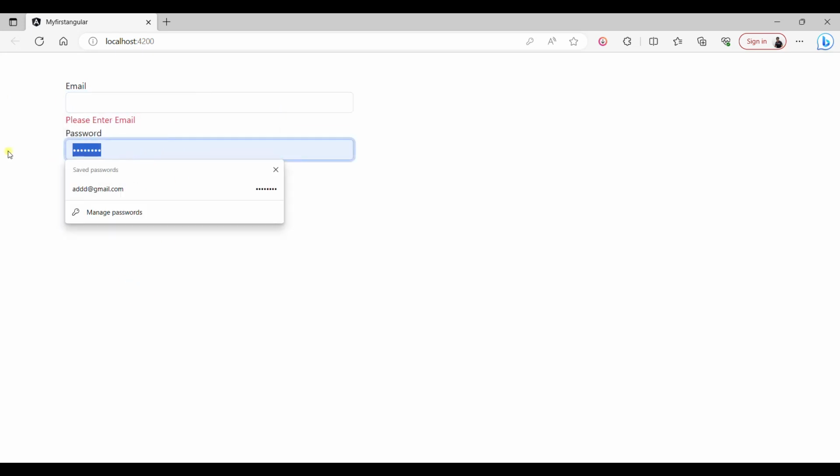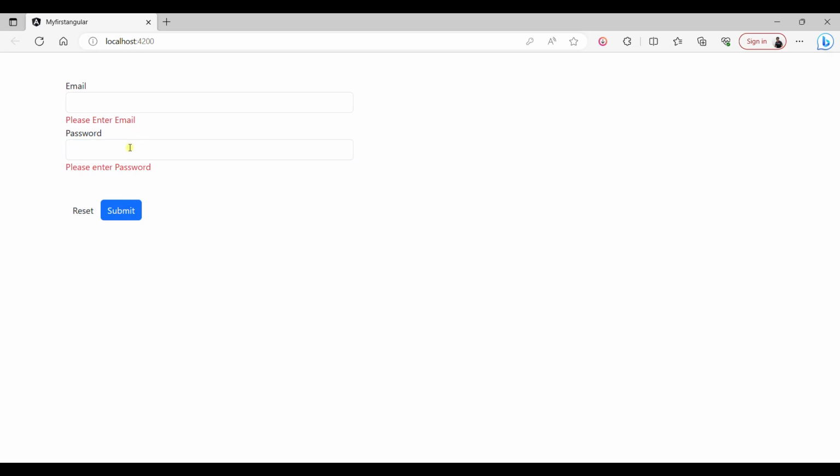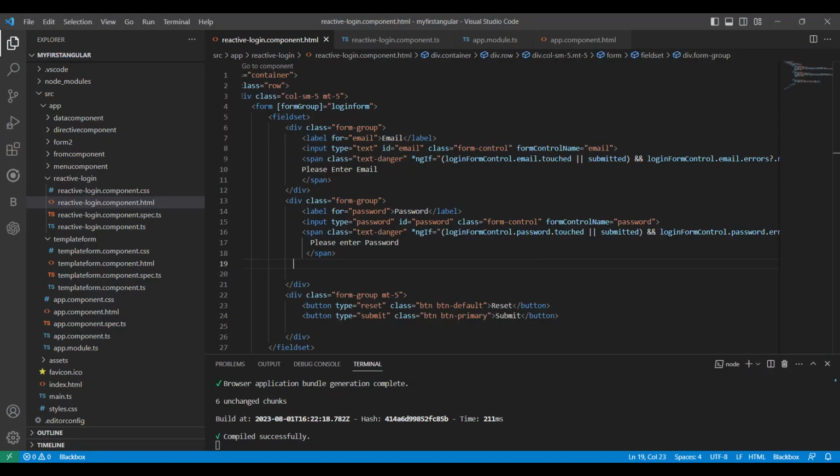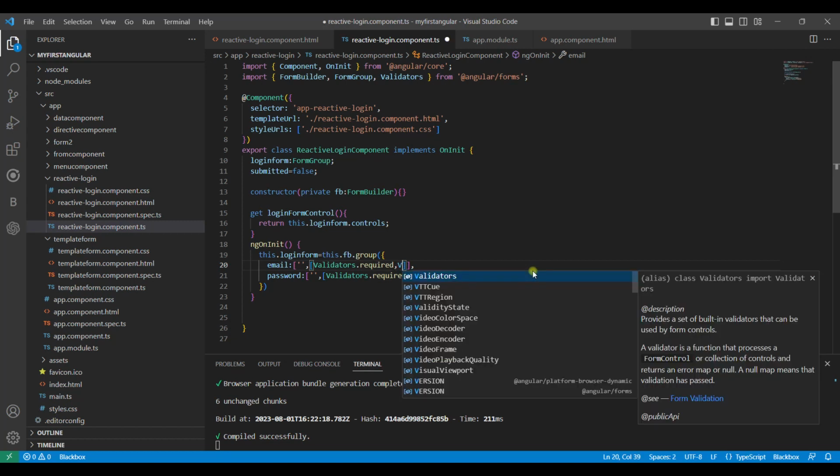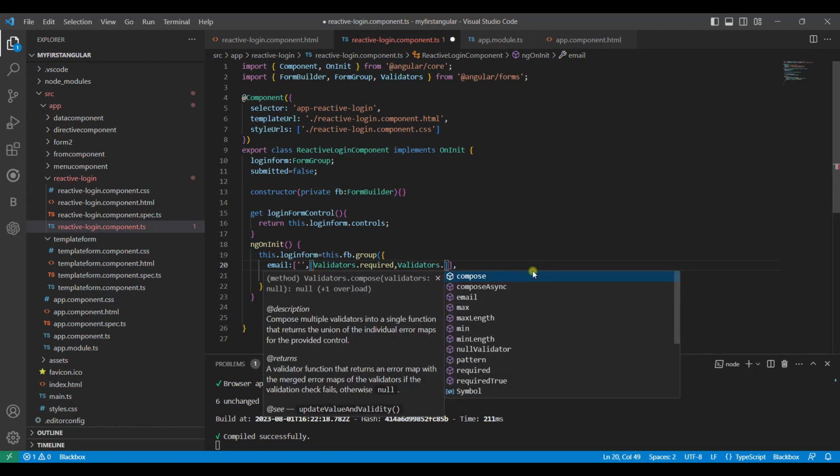Email is firing, password is also firing. So we did required validation on both the text boxes. Now one more validation has to be done, and that is the email validation, the valid input of your email. So for that, in your reactive ts file, we'll go inside email, and over here we can specify one more validation. For that, we specify a comma inside the square bracket, and we give Validators dot